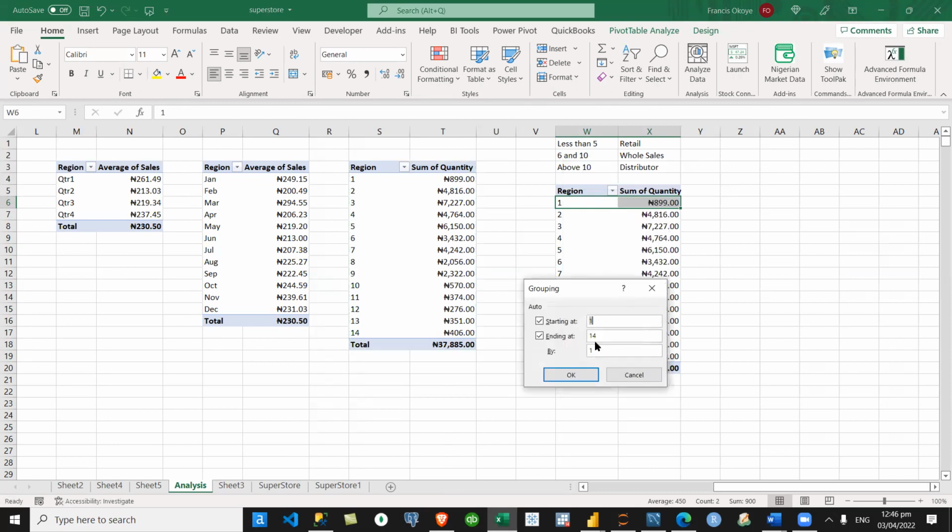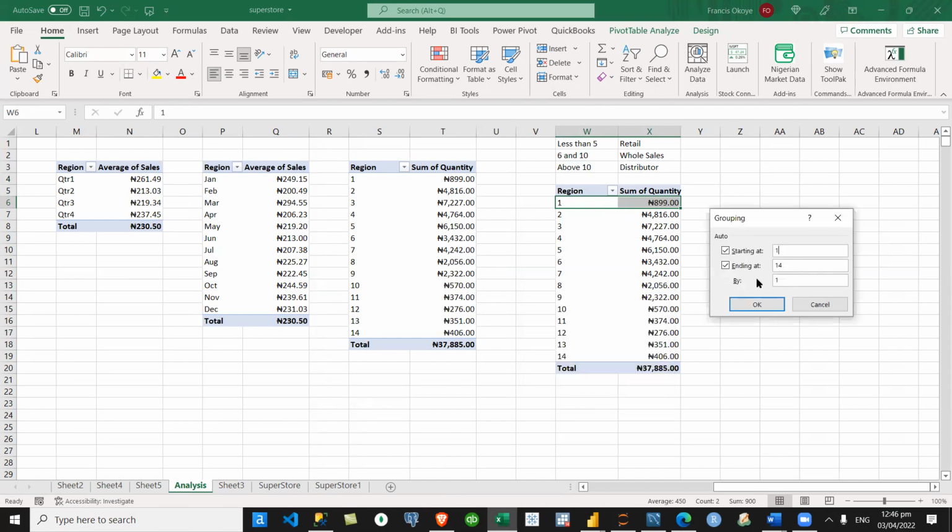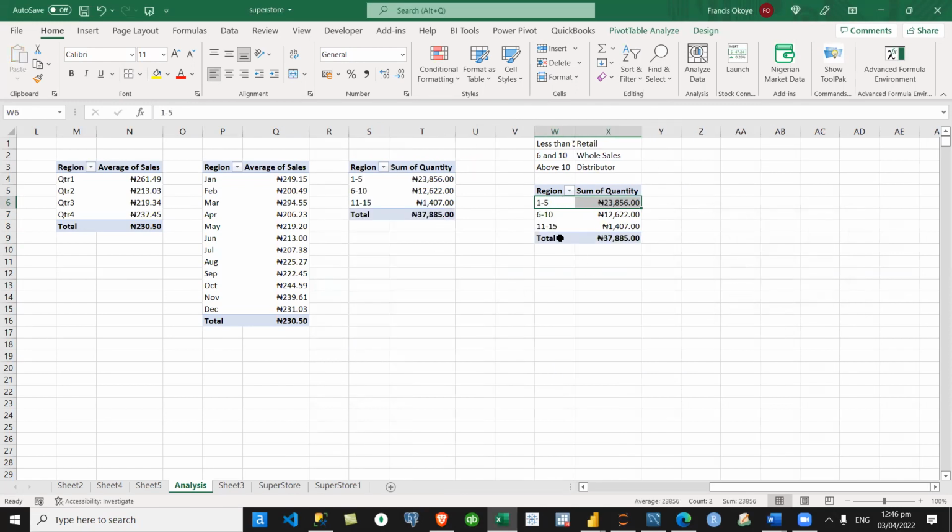I'll click group. Starting from 1, ending at 14, increase by, let's say, 5. So it should be 1 to 5, 6 to 10, and whatever I have there. Can you see that?